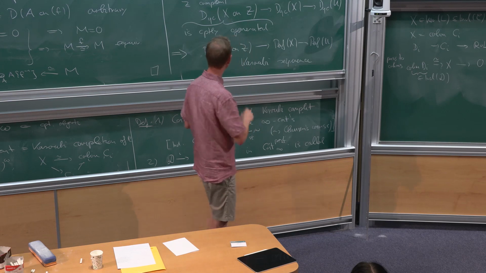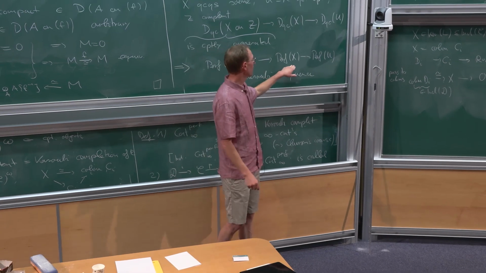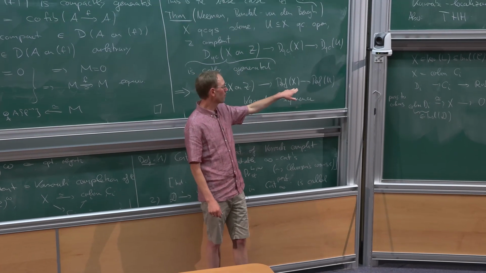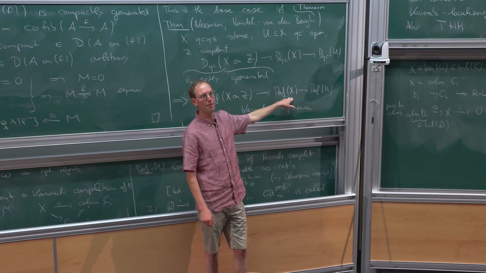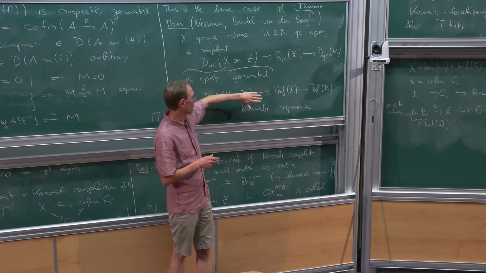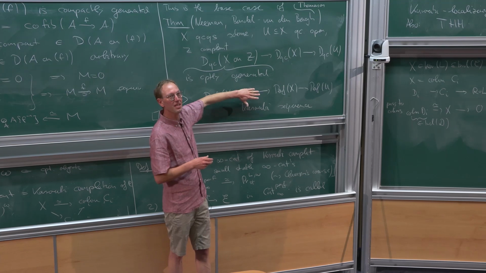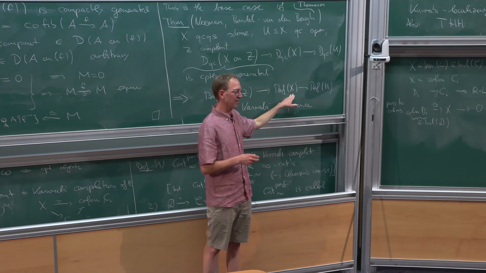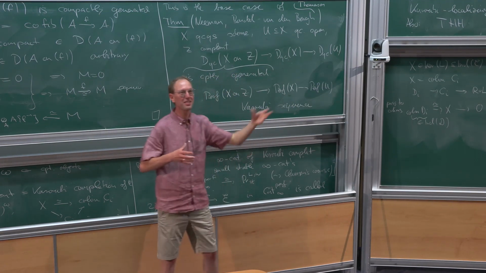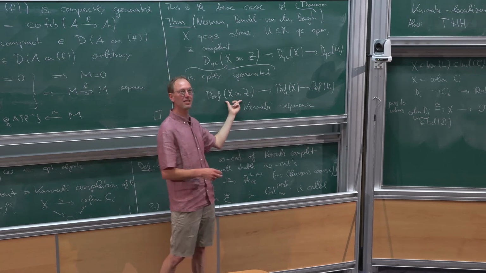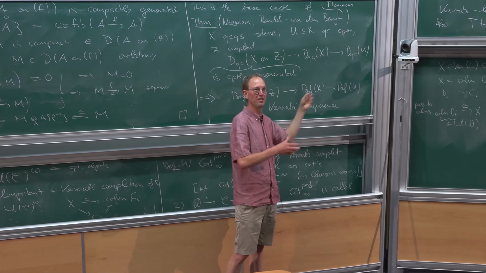I think you still need compact generation or dualizability of these categories. What you're saying is because of Efimov K-theory, you could forget about this, but you still need this here, and you have to prove this by some inductive argument, and the inductive argument still needs the fiber sequence because you do some induction over the.